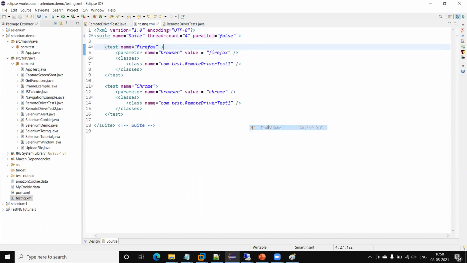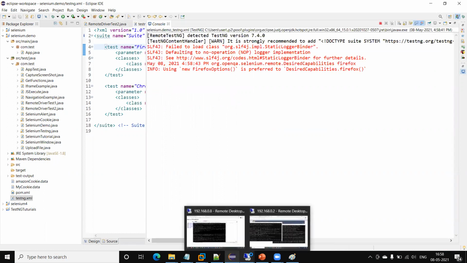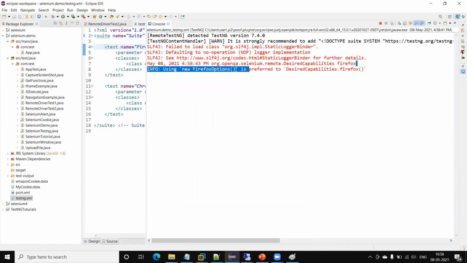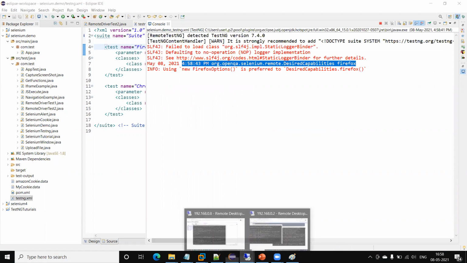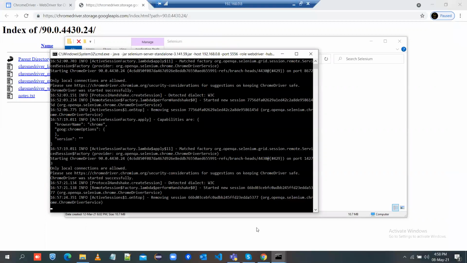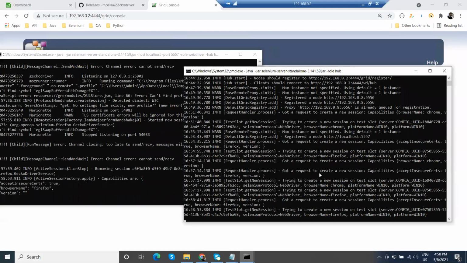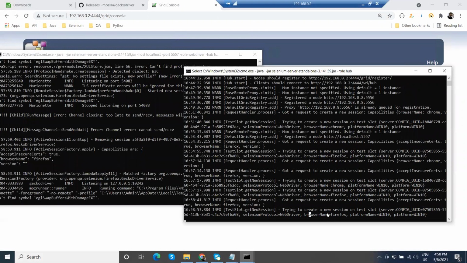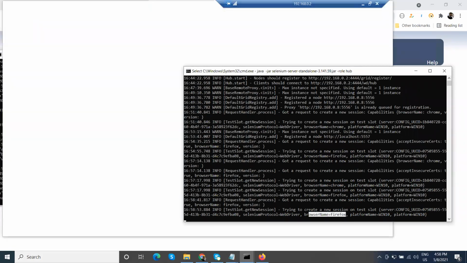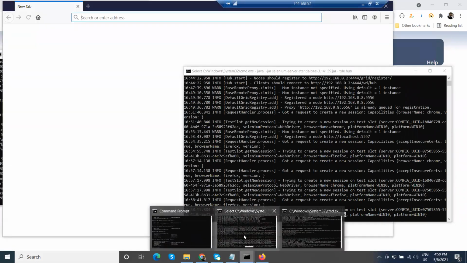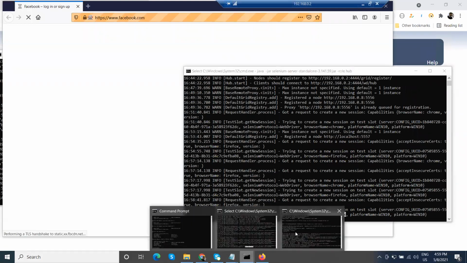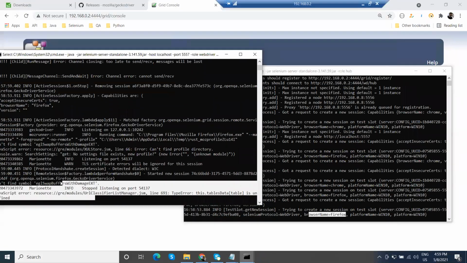This will trigger the test cases one by one in sequential order. Now first this is running on Firefox. If I go here, this will run on the same machine where the grid is running, where the hub is running. You can see the Firefox request here, and if I go to the node, you can see the request is running.